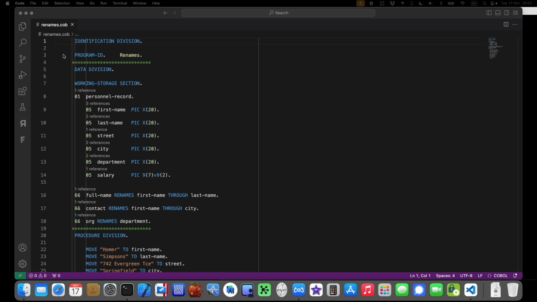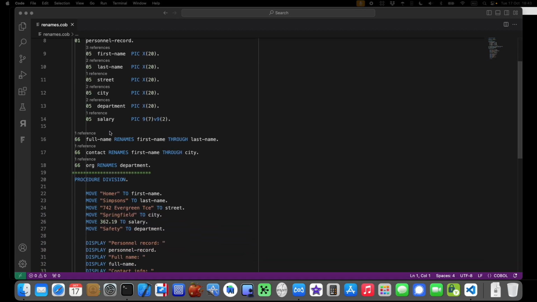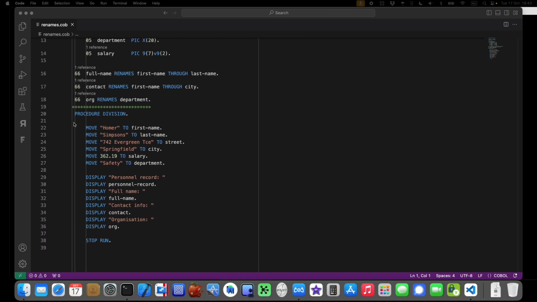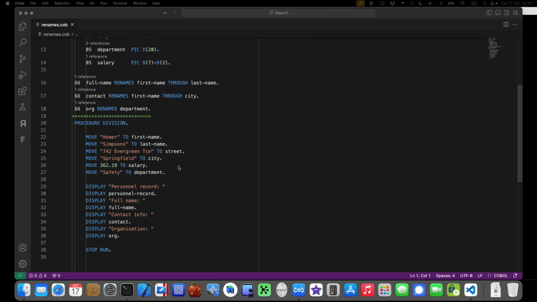Let's look at the example for renames. So this is the same example I had on the slides just a moment ago. The personnel record, first name, last name, street, city, department, and salary. Here are the renames. And here's an example. It's always a nice example to use The Simpsons